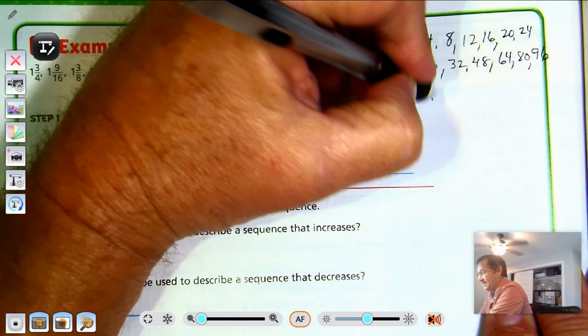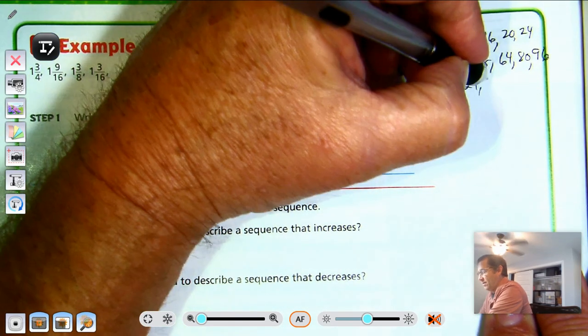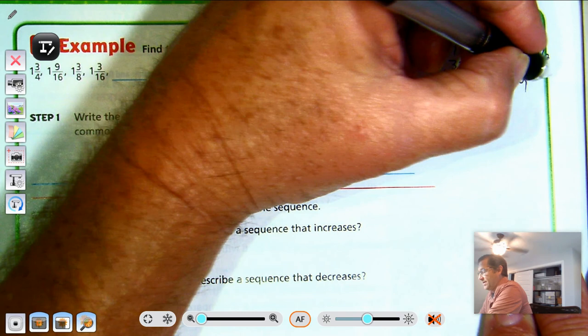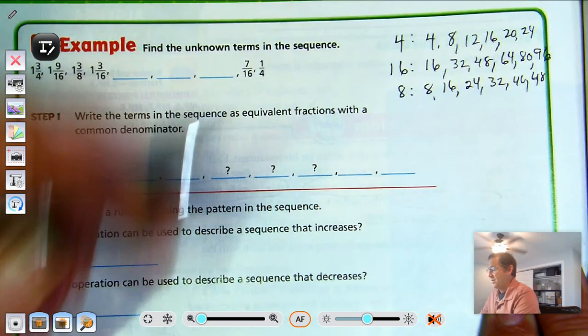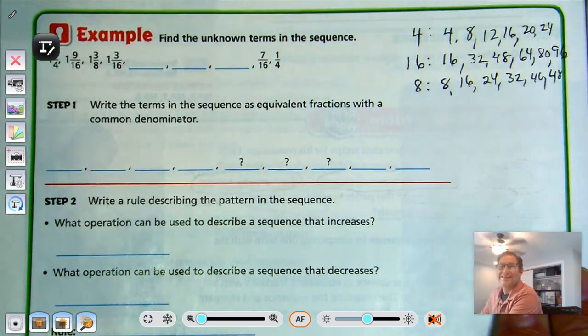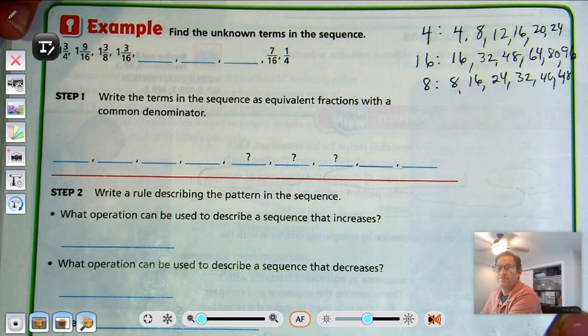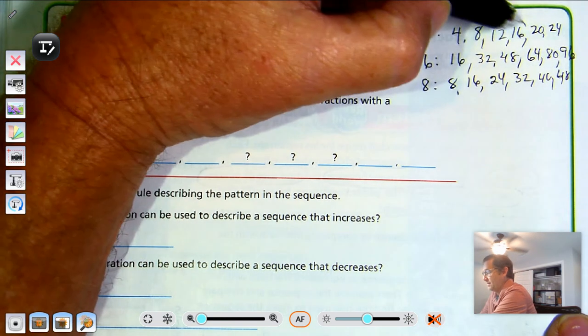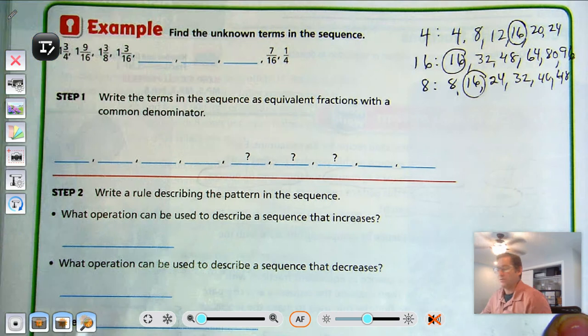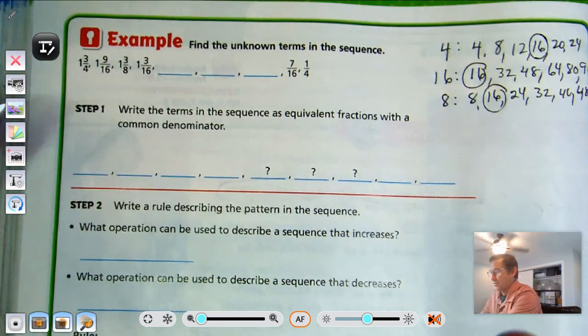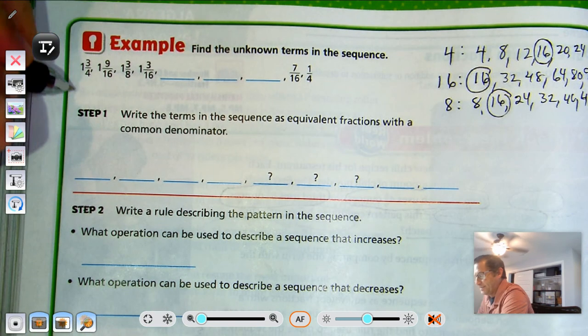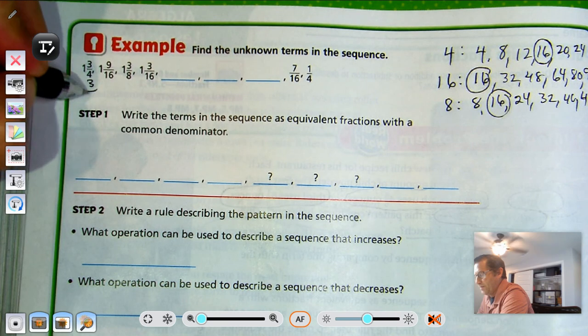And 8 is 8, 16, 24, 32, 40, 48. Okay, well, what's the least common denominator or least common multiple in common to all three? 16. So let's change these to 16ths. So 1 and 3/4